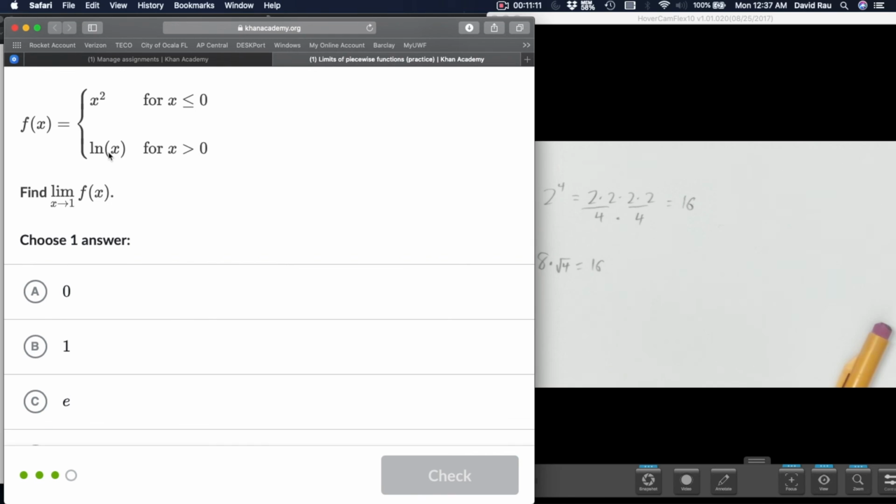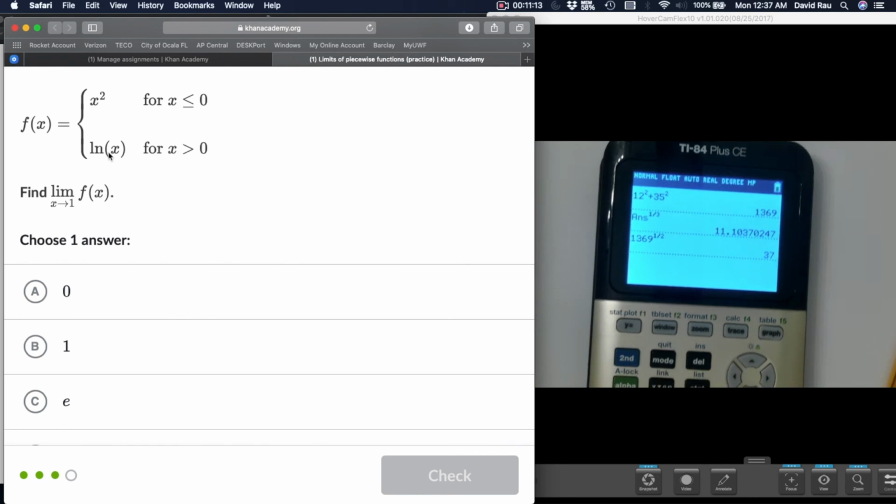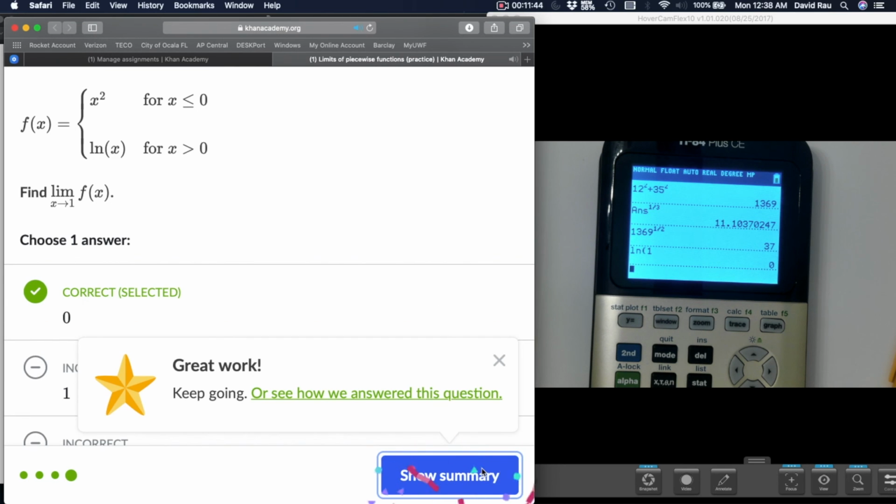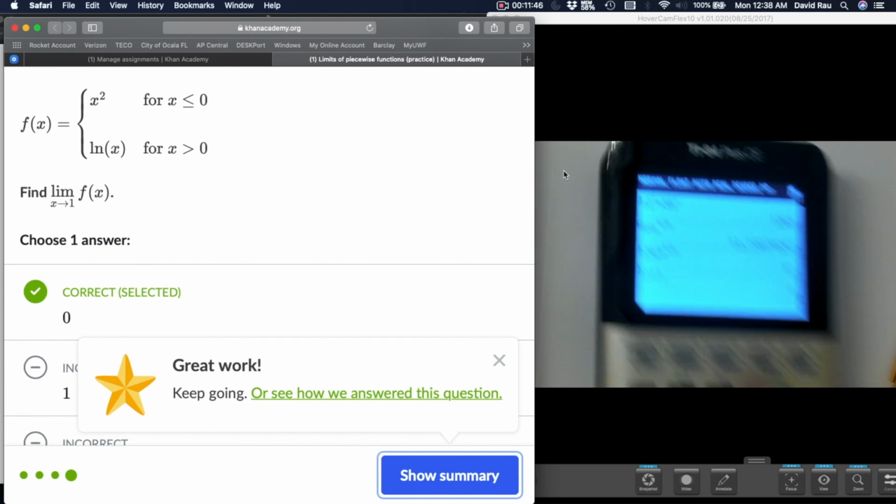This is a special question. You're going to want a calculator. ln of 1, you probably don't know that, but it turns out the answer to that is 0. So the idea is, in all of our previous questions, where we were finding the limit was at the break point of the graph, so we had to consider where both sides were. This time, where we evaluated the limit was only contained in one part of the graph. So we only plug it into the one function and get our answer and move on. All right, hopefully that helps. If you have any questions,